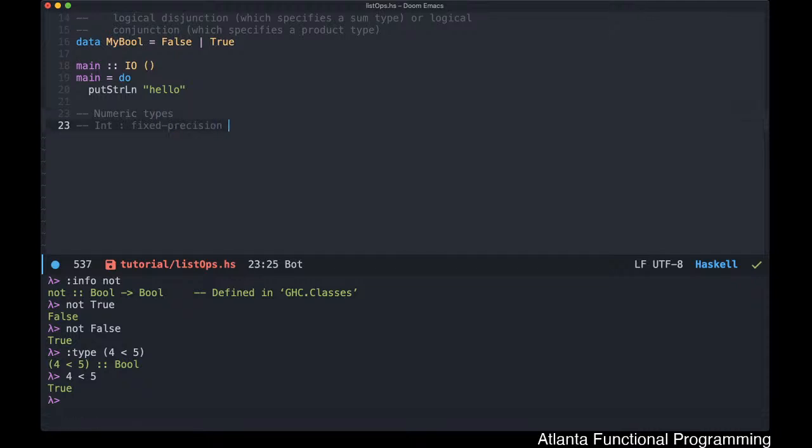All right, fixed precision integer that has a min, max, valid range, and cannot be arbitrarily large or small. So that means it could overflow, if you end up using Int. So if you write a function that says f :: Int -> Int,